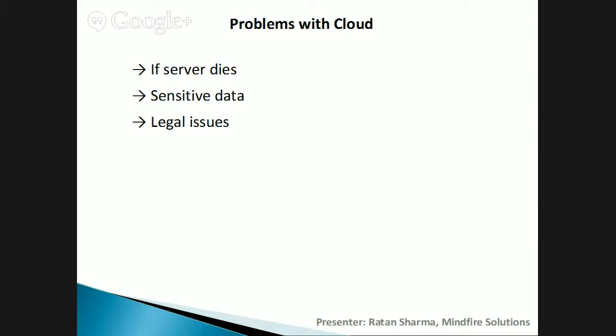Then the sensitivity of data. If we are a banking application or something, these are always a concern with cloud. A lot of people don't feel comfortable going for cloud for these areas, if you have sensitive information. So recently some bank from Germany, they got into Amazon also with their banking application, they got into cloud. So they're working fine. Then there are some legal issues. So the major legal issue is the countrywide problems. Like there are different countries, you deploy your data in one country, you cannot access this from another country.